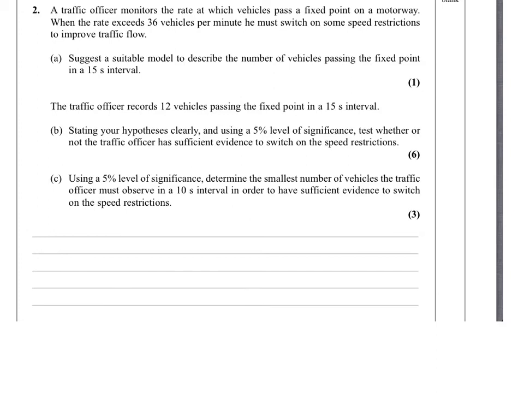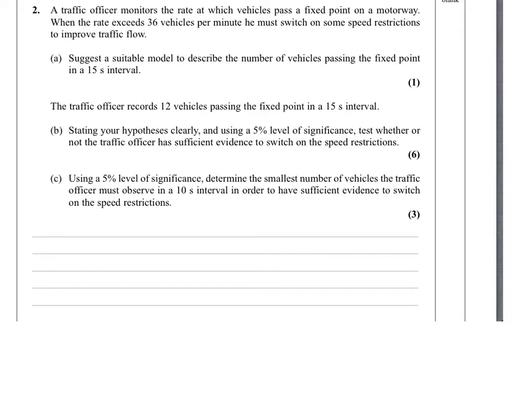A traffic officer monitors the rate at which vehicles pass a fixed point on the motorway. When the rate exceeds 36 vehicles per minute, he must switch on some speed restrictions to improve traffic flow. So we've got to suggest a suitable model to describe the number of vehicles passing the fixed point in a 15-second